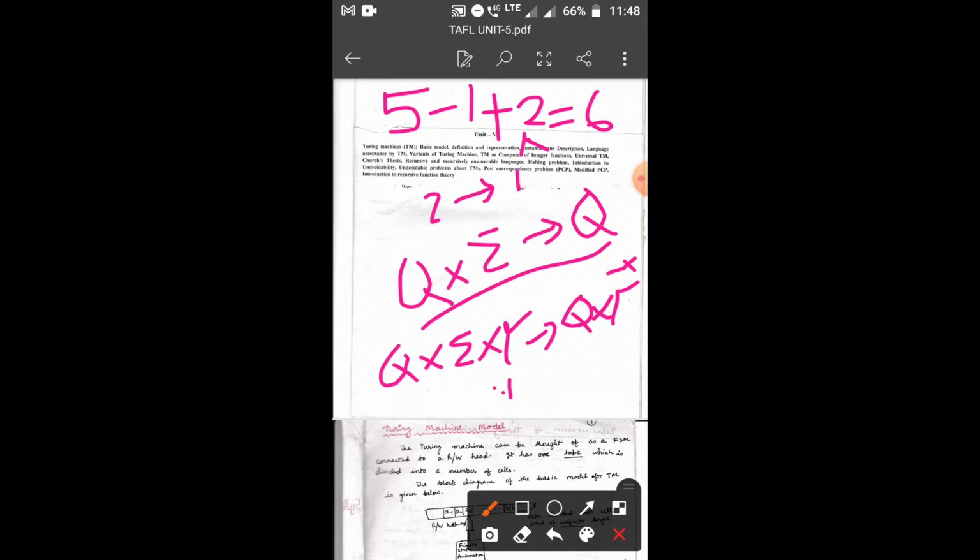For example, if we are going to design a Mealy machine for one's complement, then the input string is a binary string and the output string is also a binary string. So there is no difference between the set of input alphabet and output alphabet.